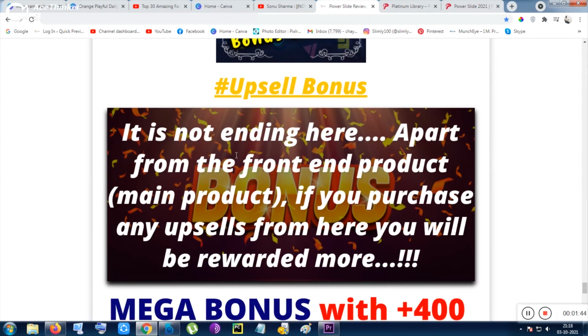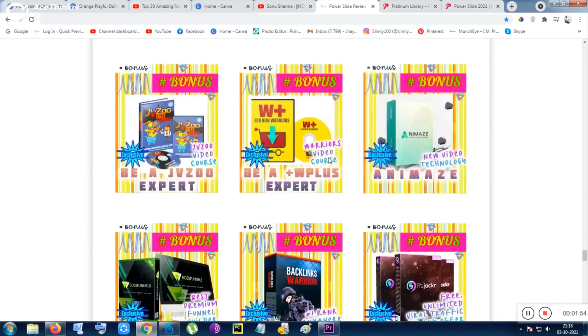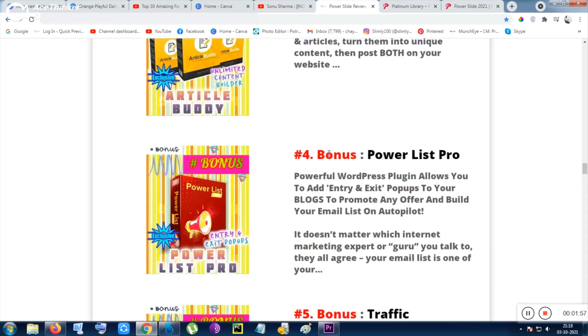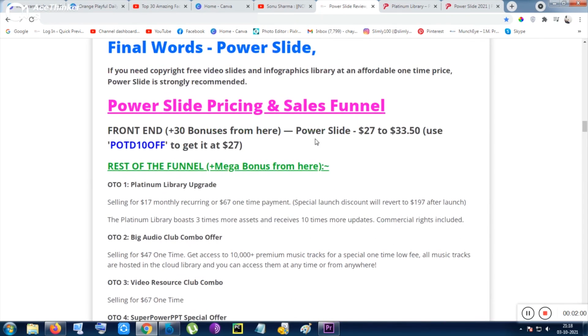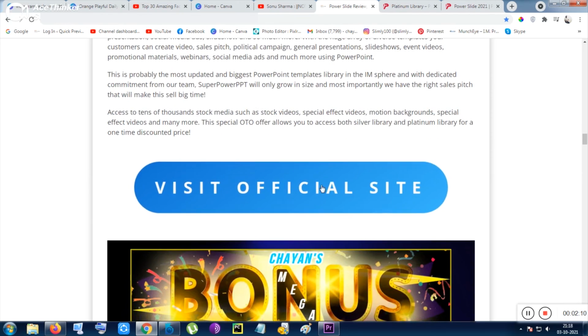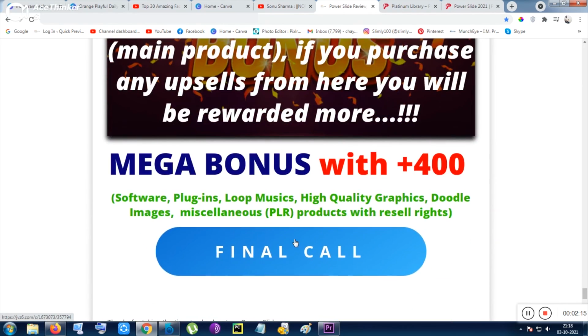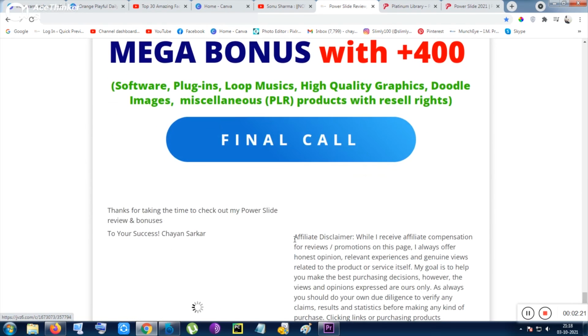And about the upsell bonus, inside the upsell bonus you will be given 400 plus tabs totally free automatically with this product once you get any of the upsells by going through the button given on this page. So you can get OTO 1, OTO 2, or any of them. But you have to go through the front end, then you can access the OTOs. So you have to click on that and go to the sales page, get the tool, then you can decide if you want to get the upsell or not. So that's all I want to say.